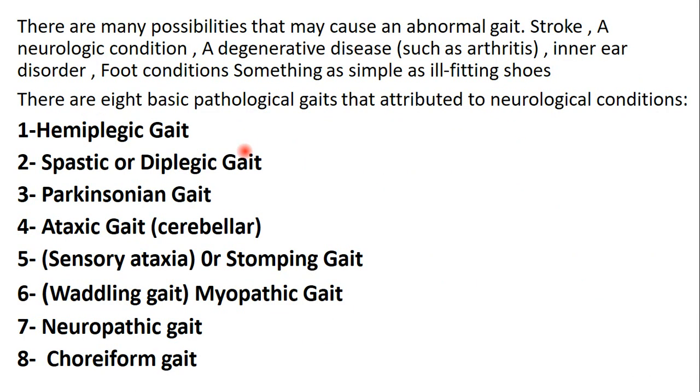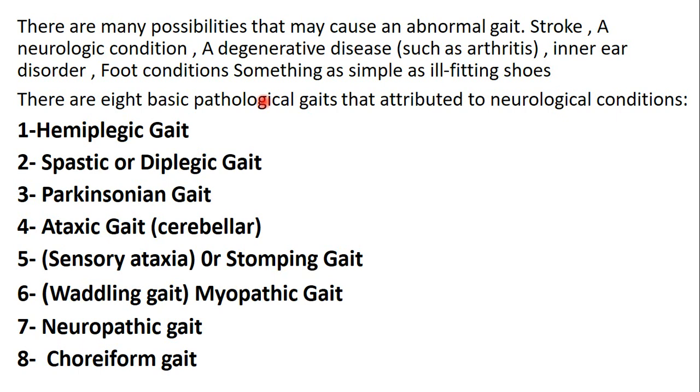يعني احنا بنشوف gait abnormalities. Patient ممكن يكون عنده CVA or stroke اللي نشوفه hemiplegic gait مثلا، أو due to other neurological conditions أيضا يسوينا abnormal gait, or sometimes the cause of gait disorder due to degenerative disease مثل ما قلنا arthritis for example, or even you may have vertigo and inner ear disorders. And sometimes foot conditions as simple as ill-fitting shoes may produce an abnormal gait. المهم بالنسبة لنا هو